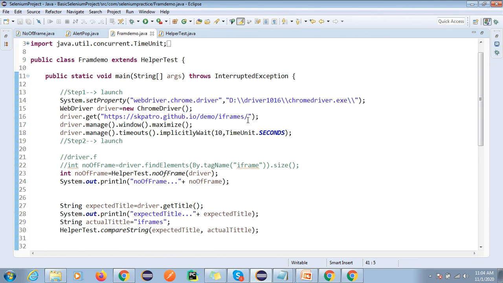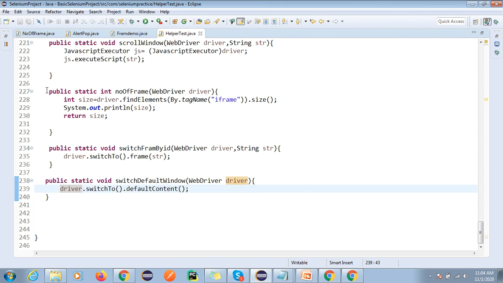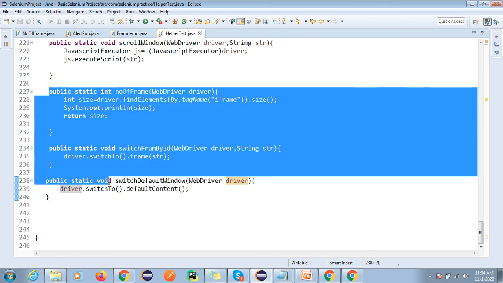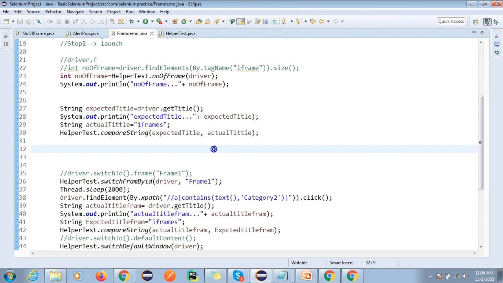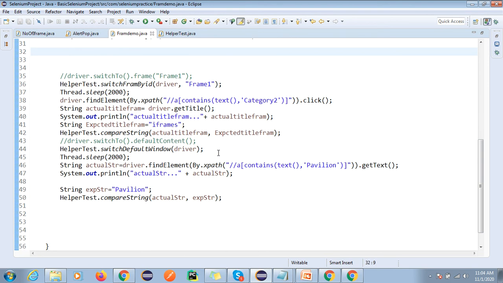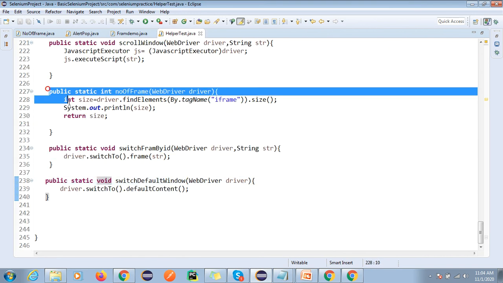One more scenario is there for frames: how to handle the dynamic frame. We will learn that in the coming sessions. The most important thing you are learning is how to create this functionality. Anyone can understand this normal code and learn it from Google, but nobody will teach you how to create this functionality.